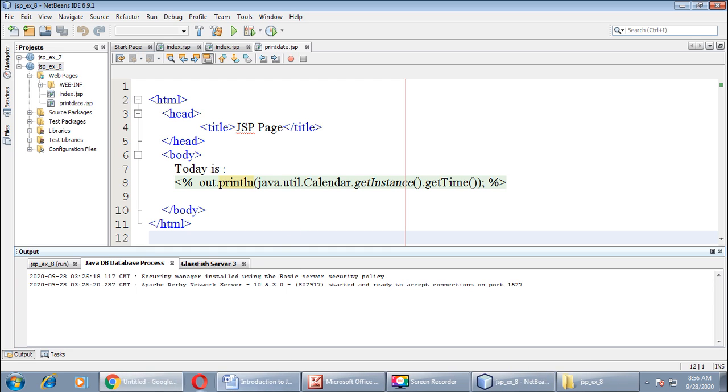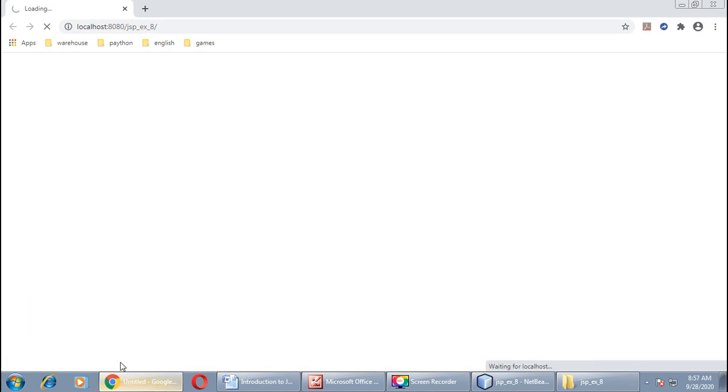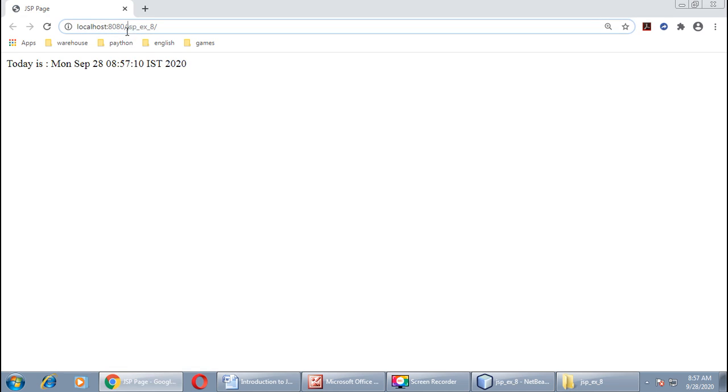This will open your Chrome or any other browser, whatever is installed in your computer, right? Here you can see the localhost 8080 is started, and our folder